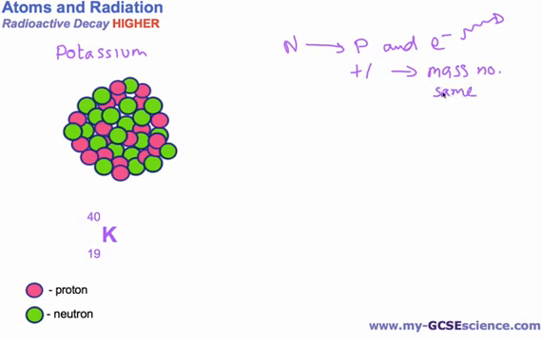The mass number stays the same, because mass number, remember, means protons plus neutrons, and if you just convert a proton into a neutron, that means the mass number doesn't change, because we're not adding or taking away from the total. Okay, so here we have potassium, and it has a proton number of 19 and a mass number of 40. This is a radioactive isotope and it gives off a beta